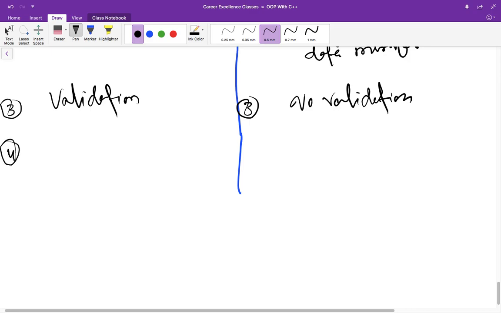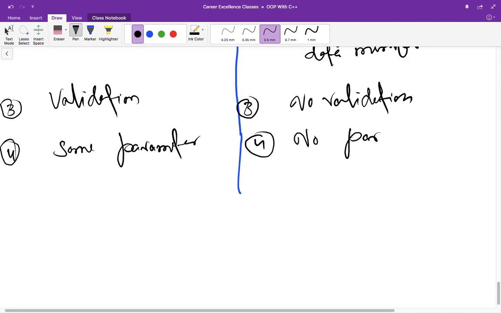The fourth one is, set has some parameter, and the parameter is whatever value you are setting, right? But the get function has no parameter, because it's not setting anything, it's just returning something, right?